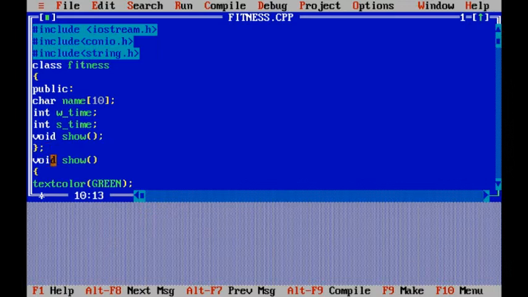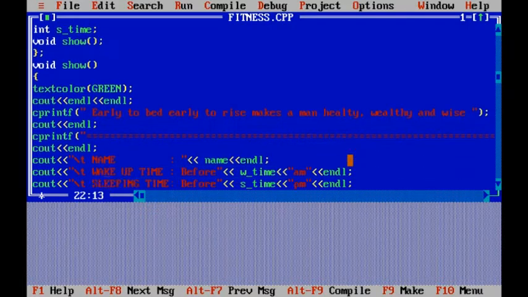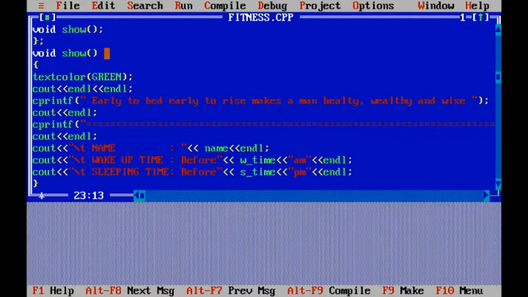The class was closed here and the definition of the class function started from here. void show, and this is the body of the function. So now what is the difference? Just that it was inside before, and this is outside. But as we have now seen the syntax for how to declare outside the class,